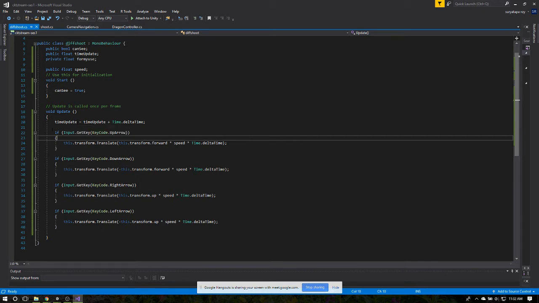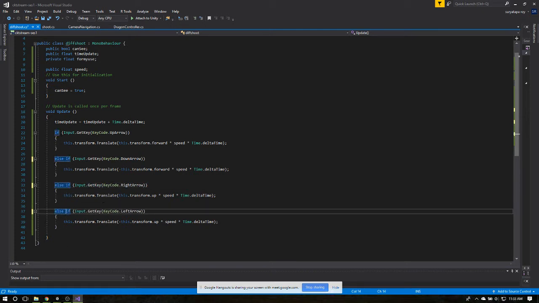One more thing about this code is that it's kind of inefficient. Every update to perform these four operations, it is checking if this. But at any time, you can only press one key down. So there is no point in checking if this. You can say else if here, and what this will do